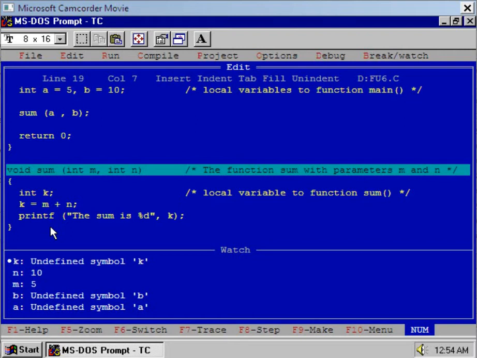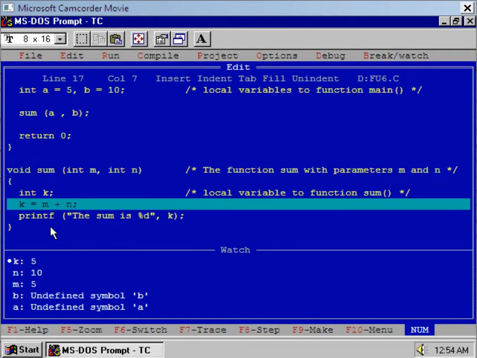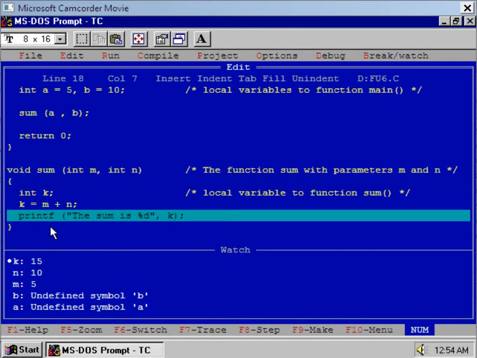Now press F7. Let's see. Now the content of K is, press one more time F7, it is now 15. So K is visible because K is local to function sum. Now you see, A and B are undefined, but M, N and K are defined.